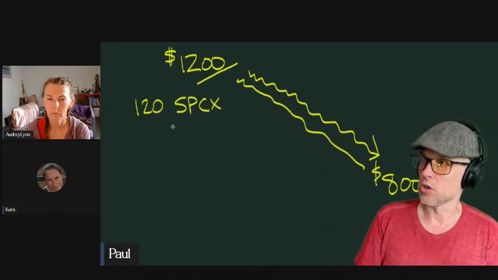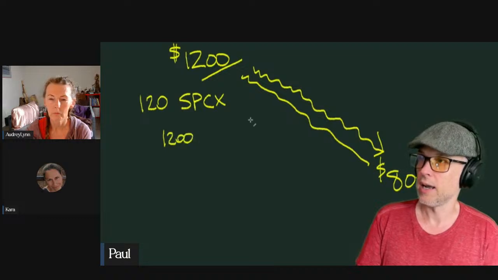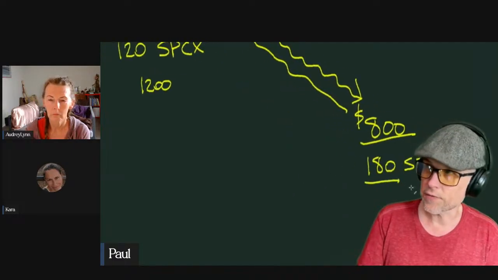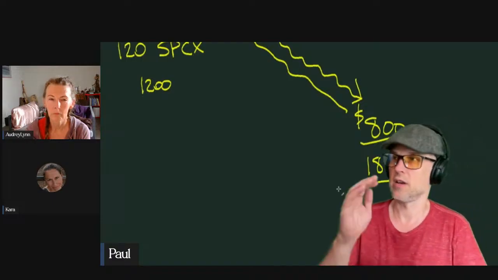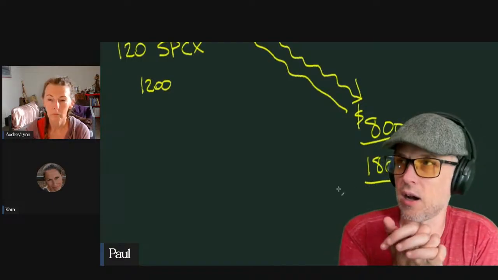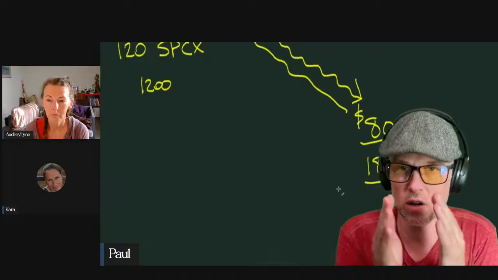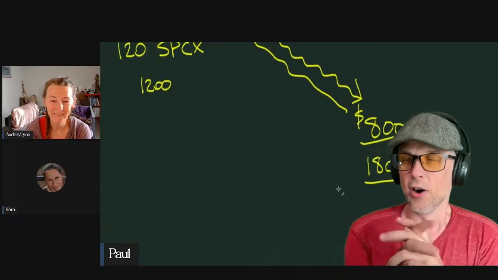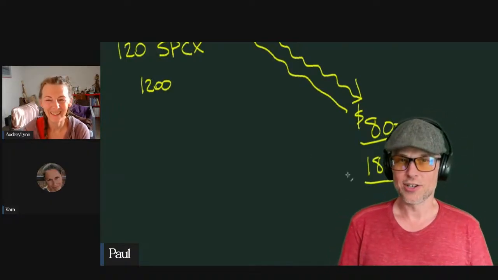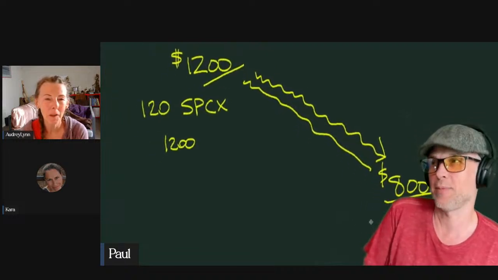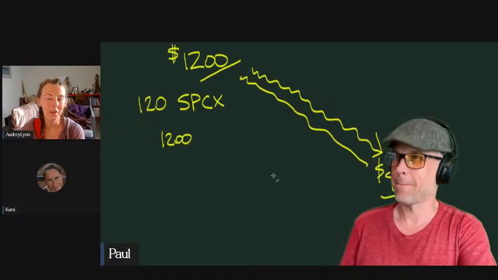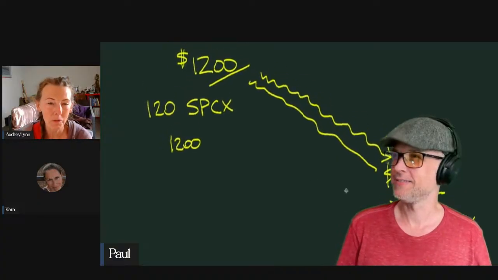So your loan here is for $1,200. As the price goes down, it gets purchased for $800, and you get the difference between the two of those prices. Now I'm going to stop because as I'm explaining this, it makes sense in my head, but I want to make sure that other people are getting this. Is it not making sense, Audrey Lynn? Okay, all right. Then now you got to start asking questions. Because to me, I'm saying this and I can tell it doesn't make sense. So walk me through how I get the difference between the 1,200 and 800.